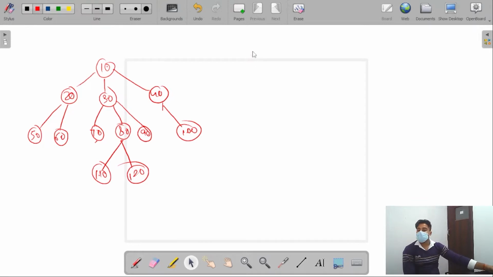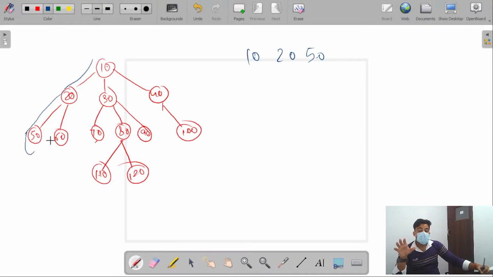At first, I'm going to do a pre-order traversal. We already know how to perform a pre-order traversal, and how our Euler moves in a pre-order traversal. First, it accesses 10, then it moves to 20, then it reaches 50. Now you can see that 50 doesn't have any children. So to tell my deserialize method, I'm going to add a delimiter here. So I'm adding minus 1. You can also add null or hash, anything as a delimiter.